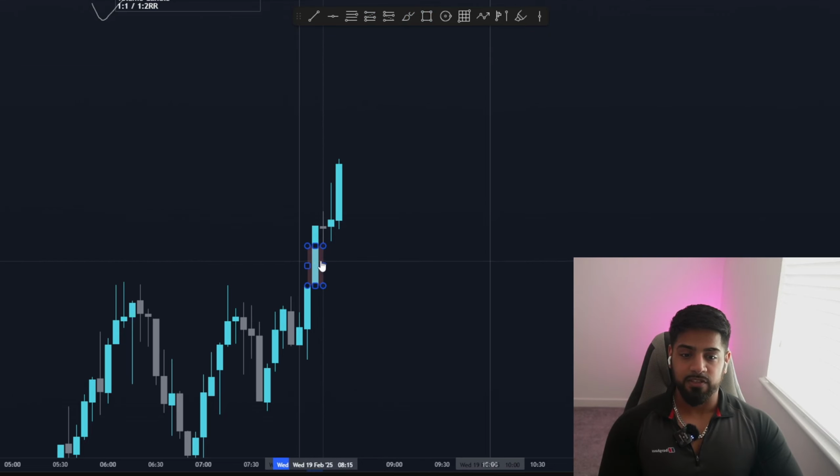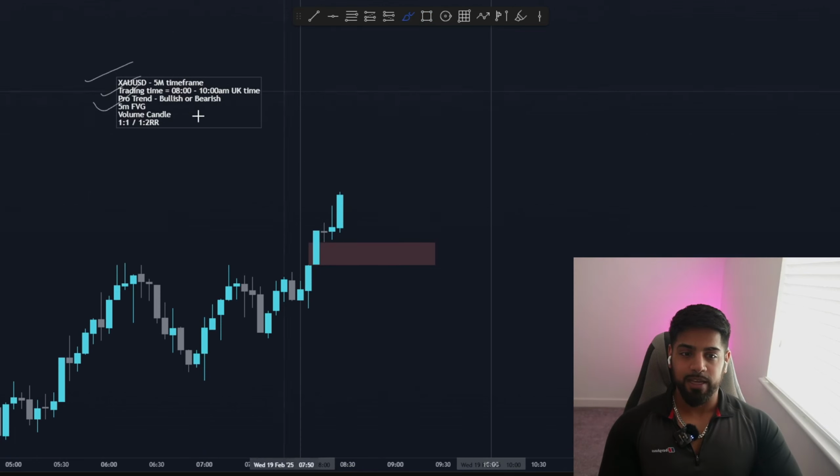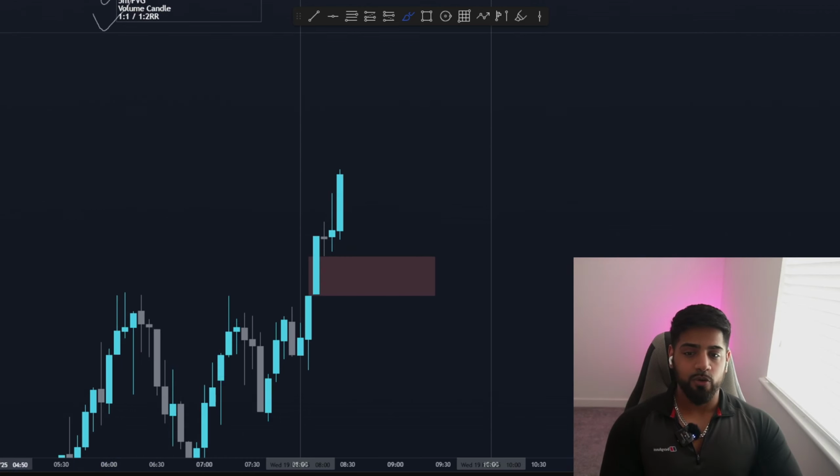So now if we identify this fair value gap, which was left right here, and we actually zoom out, we can now tick off the next thing, which is to identify the 5-minute fair value gap and our volume candle. So now, as you can see, we're ticking off our checklist to make sure that we are identifying the perfect A+ setup. Now, our last thing to do is make sure that we are taking a 1-to-1 or a 1-to-2 risk to reward trade. And once we've done all of that, we can then